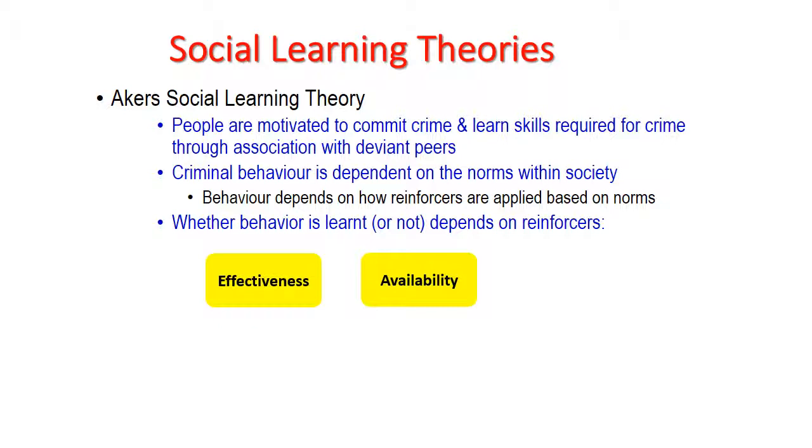Secondly, availability, in the sense that the more available the social norms are for the involvement in deviant behaviors, the more likely that deviant behavior is going to be repeated. Not just the availability or the accessibility of the norms, but perhaps also the availability of the opportunity to actually engage in that behavior. This could be, for example, related to the availability or access to weapons or availability or access to drugs.